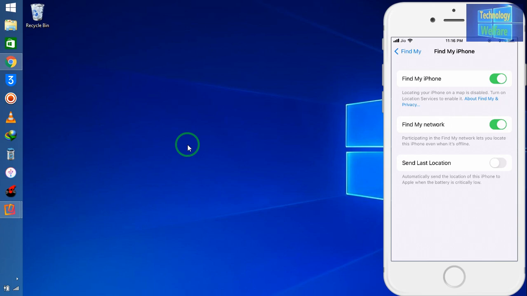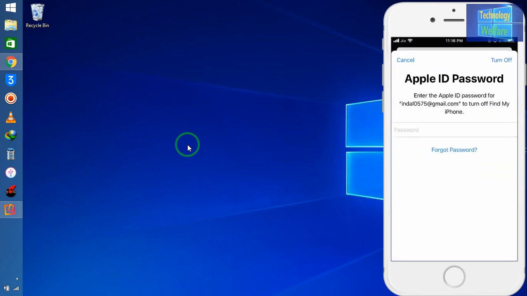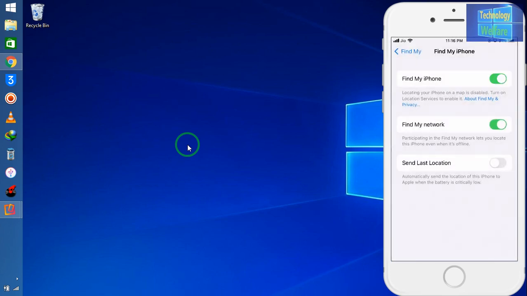Now see guys, if I would like to turn off this Find My phone, it will demand a password. It means I am the genuine owner. If I would like to turn off this device, whenever I want, of course I can do it. Otherwise, no one can turn this off, especially Find My, this application or feature in any Apple device. So in that situation,